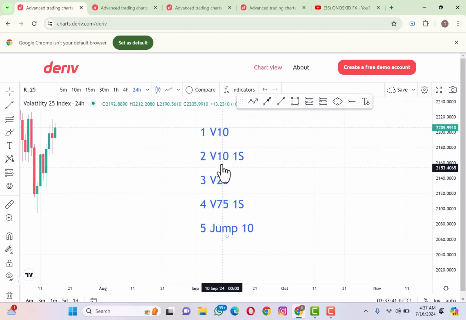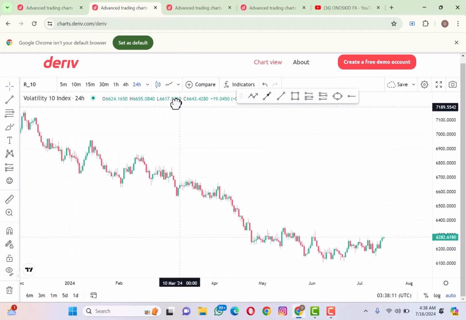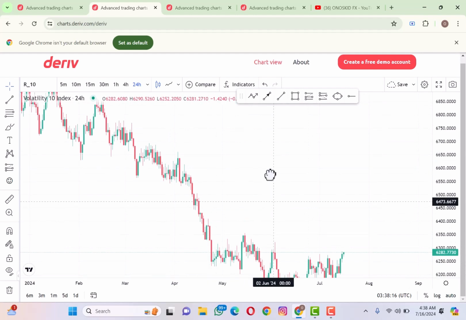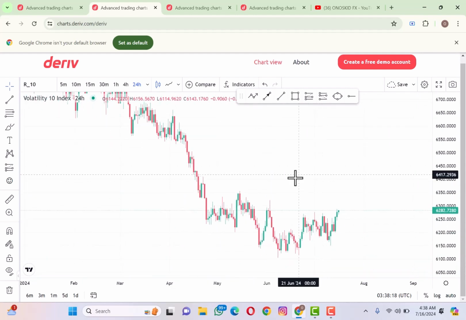So the first pair we have right now is Volatility 10 Index. I'm just going to open the chart of V10, Volatility 10 Index, and then I will show you why it's one of the pairs you should look out for. So this is the 24-hour chart of Volatility 10 Index, and one of the reasons why I selected this pair